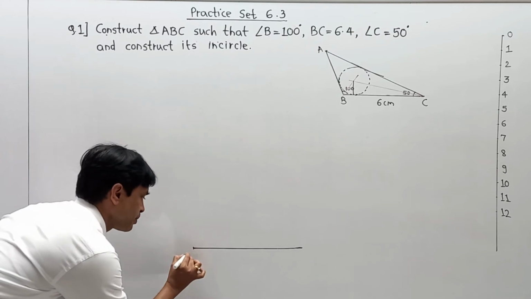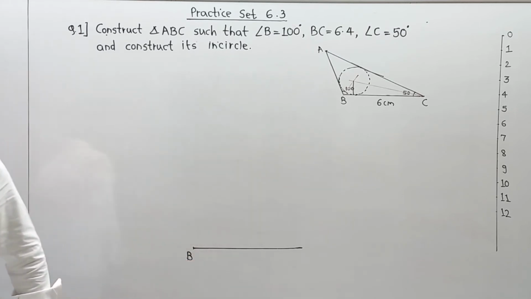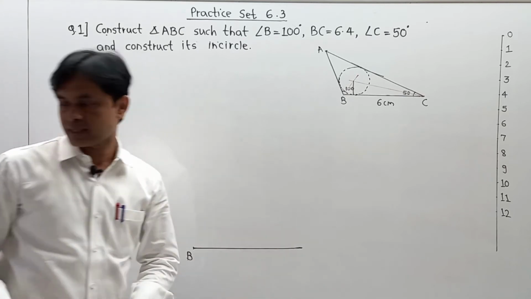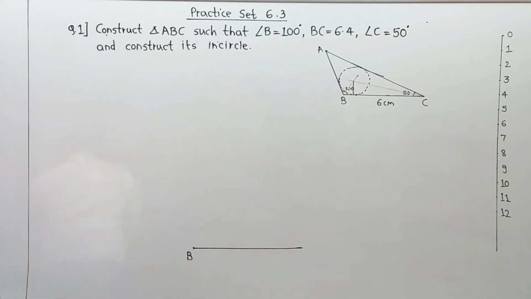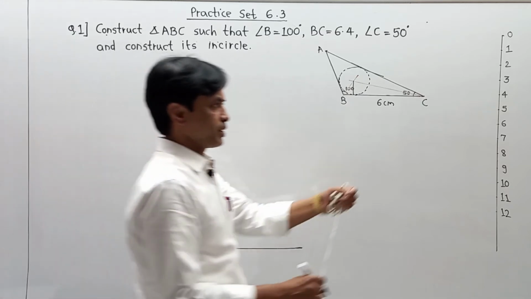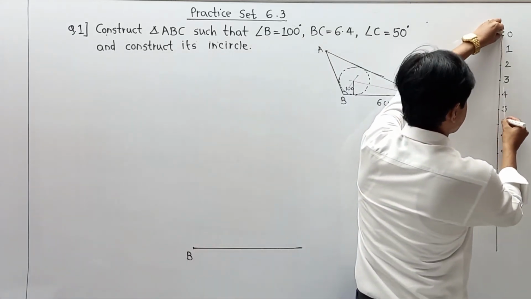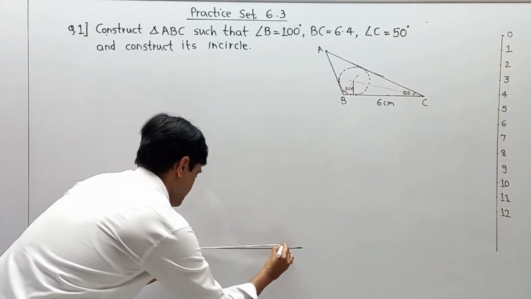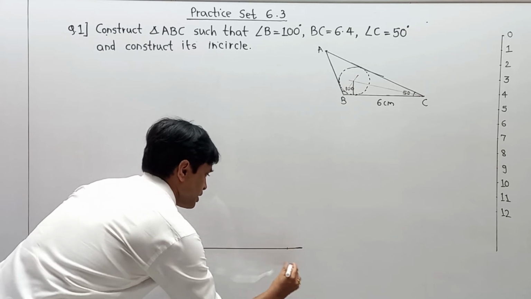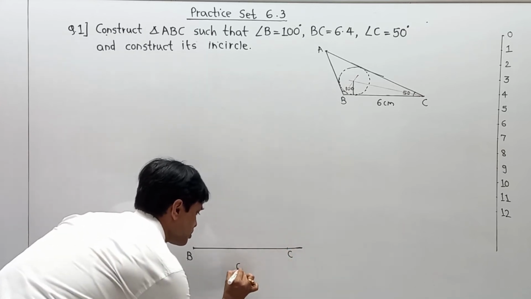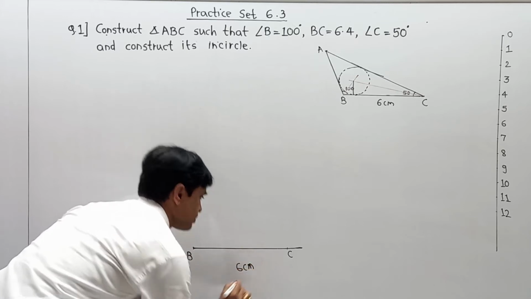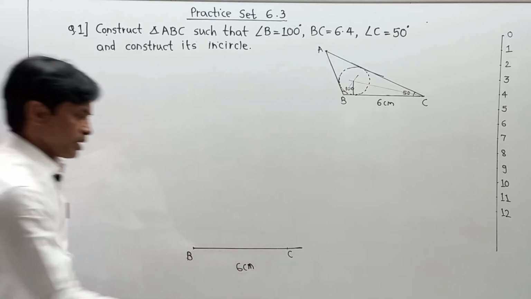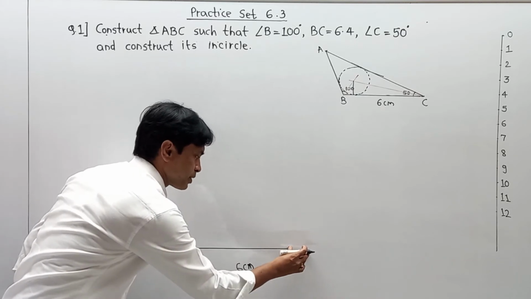Starting from your respective B. Now BC they have given us as 6 centimeter. So we very well know that the distance from B to C is 6 centimeter. So here I am going to take a measurement, a distance from B to C, of 6 centimeter. So from B to C, this is 6 centimeter. So BC becomes 6 centimeter. Now the excess part I am going to drop over here.